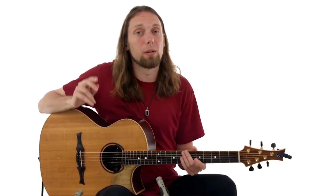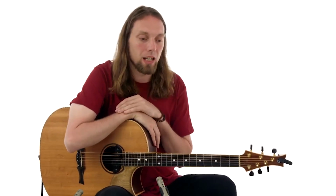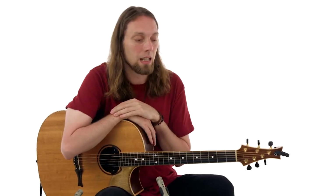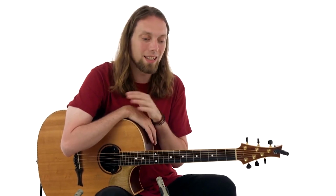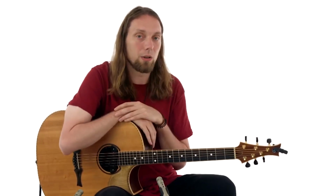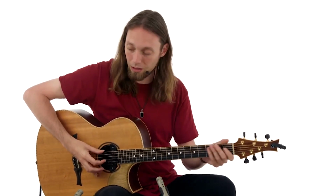Okay, everyone, let's talk about Travis picking. I'm sure you've heard this phrase before, but if you haven't, let me give you the brief overview. Now, in the middle of the 20th century, there was an amazing guitar player named Merle Travis. Merle Travis was the first person really credited with, on a wide scale, the use of separating that thumb and those melody fingers into creating these two different parts, specifically using the technique dubbed Travis picking, which typically involved